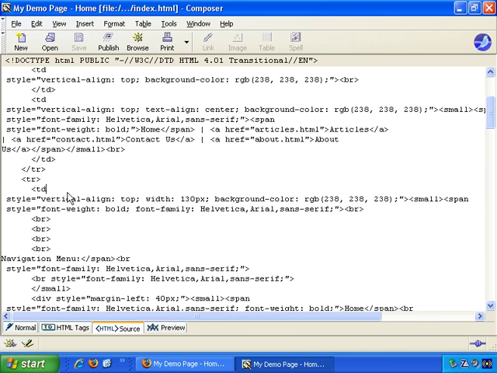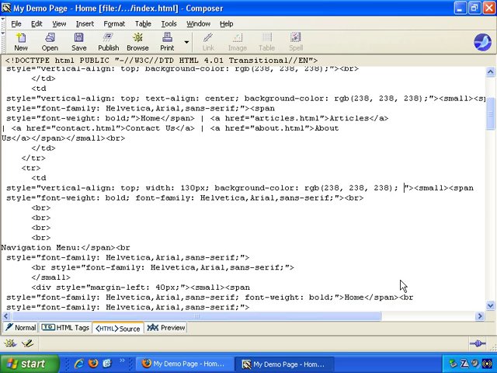So back to Composer and TD, and it has all this, and here it says style equals vertical-align: top. Basically, it specifies how wide the column is and so on. You can see 130 pixels, background color. So what we can do is, after the last semicolon, add a space and then border-right, which specifies what the right border is going to be like,